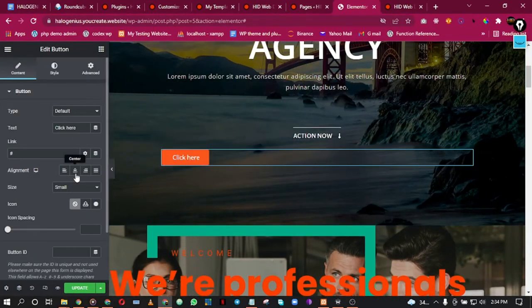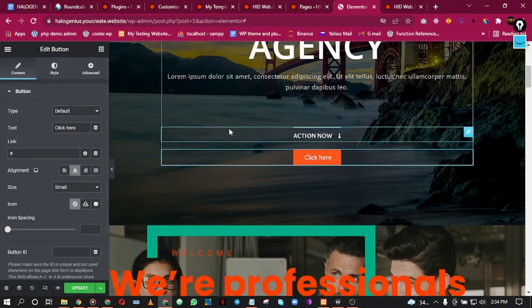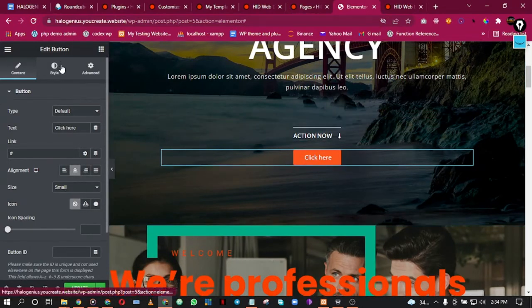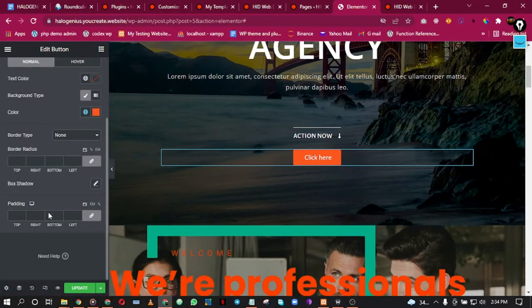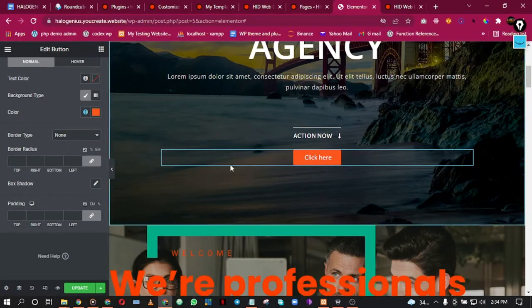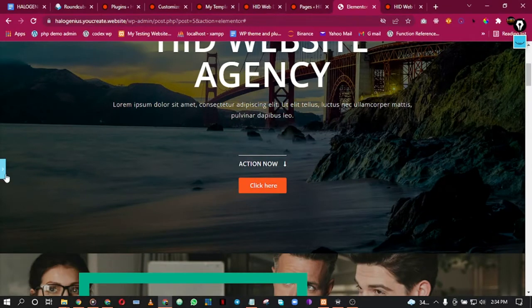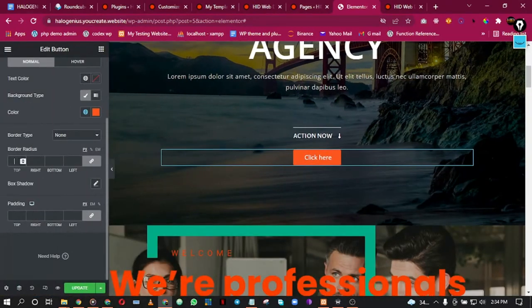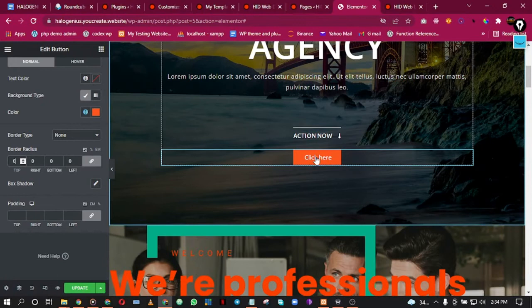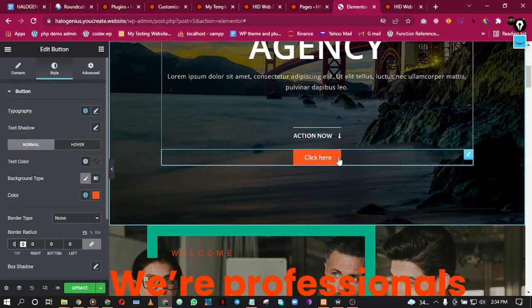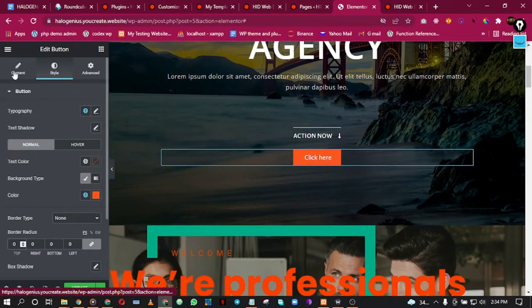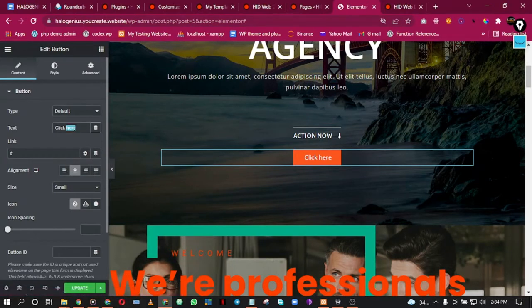The first thing is that it should be center aligned. It has to be small, and I don't want any border radius because I'm seeing 5 naira worth of border radius there. So border radius. Okay, wait. I want it to be 0. Border radius is 0. So you can see it's straightened. So come here and I can say